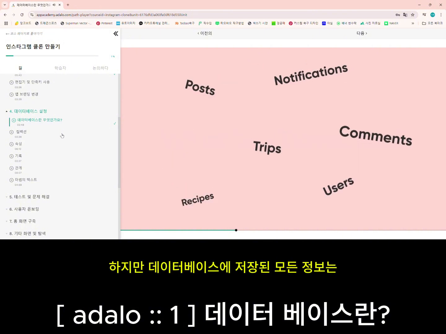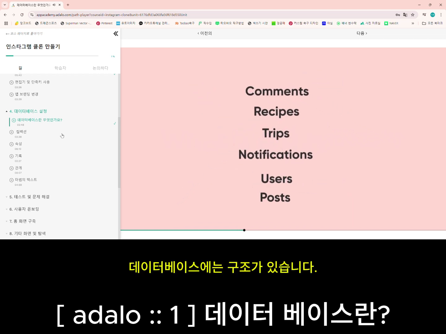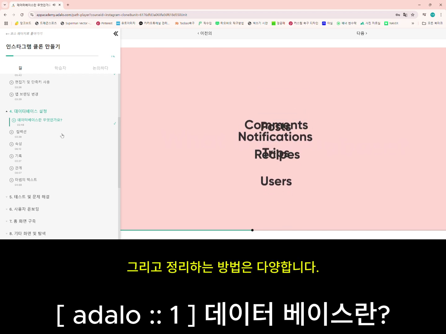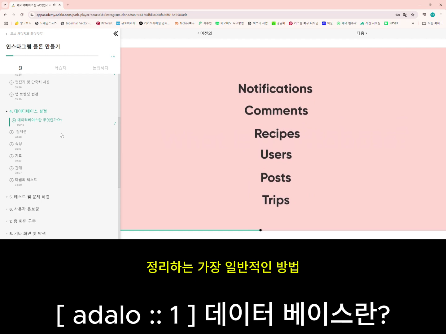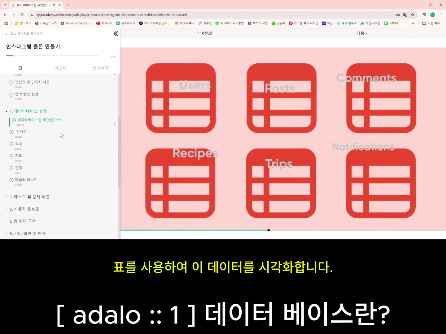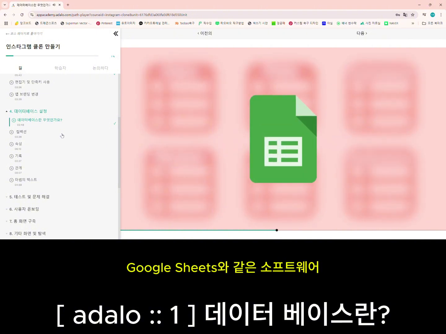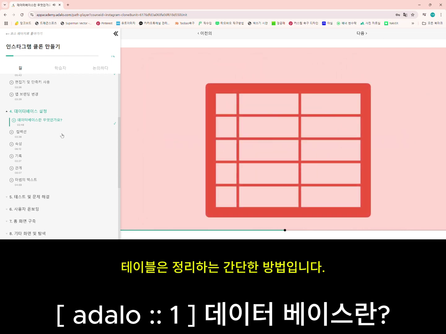But all of the information that's stored in the database isn't just tossed in randomly. Databases have structures that organize information in specific ways. And there's lots of different ways to organize this information. However, by far, the most common way to organize and visualize this data is by using tables. You may be familiar with tables if you've ever used a spreadsheet software like Google Sheets, Excel, or Numbers on a Mac. Tables are a simple way to organize common pieces of information and place them into a defined structure